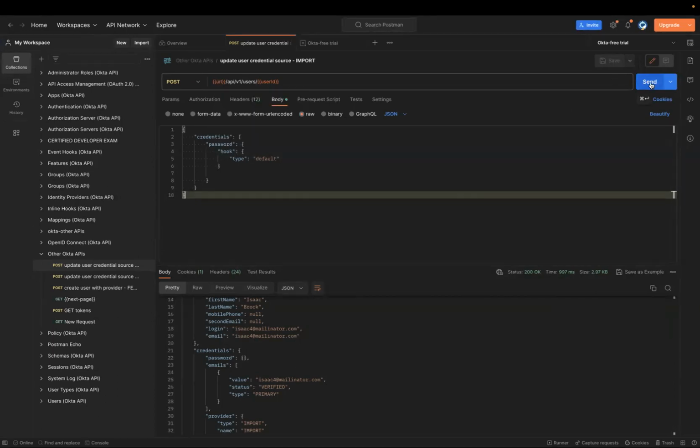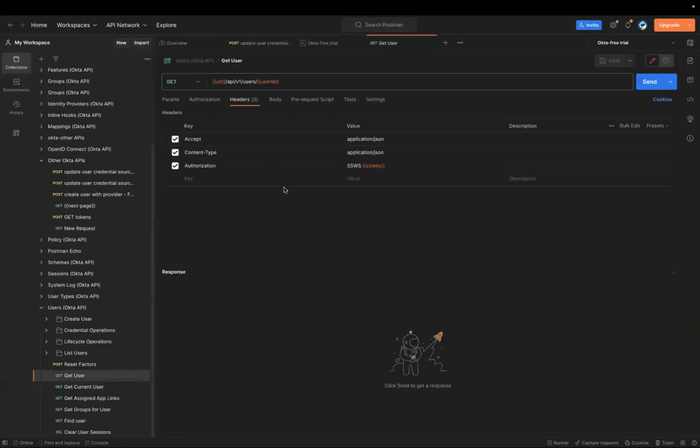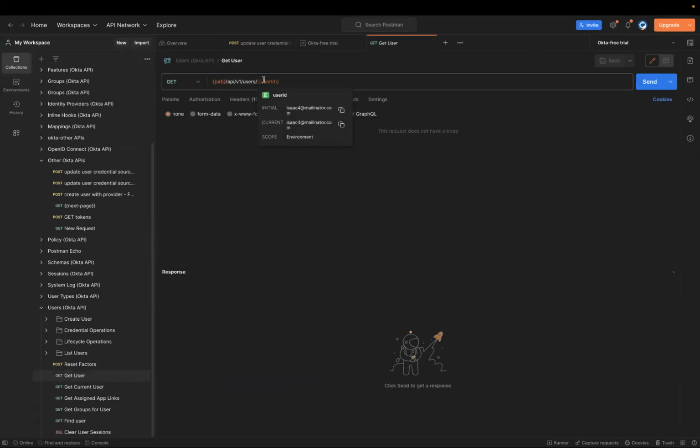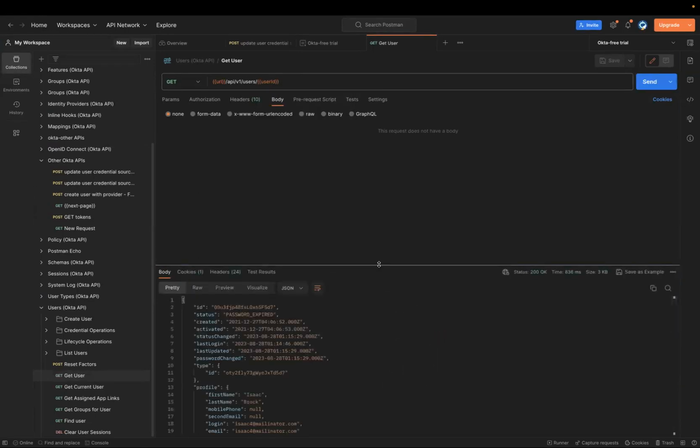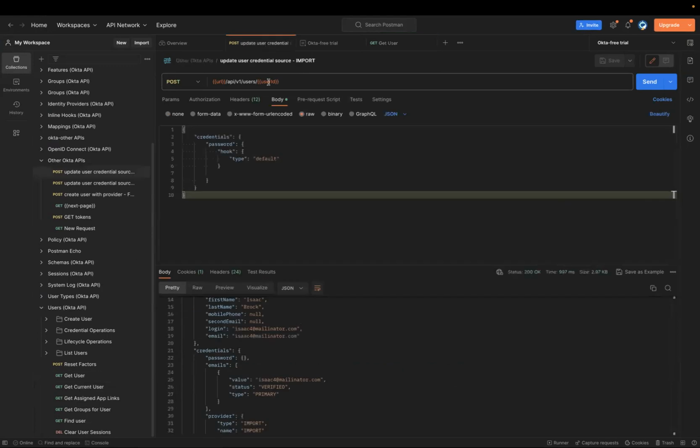Let me trigger this. Before that, I can show you how this user looks via the Postman API, and there is no body, and this is the user we want to search for. And when I send the request, it shows this provider is Okta. But now when I enable the password hook,